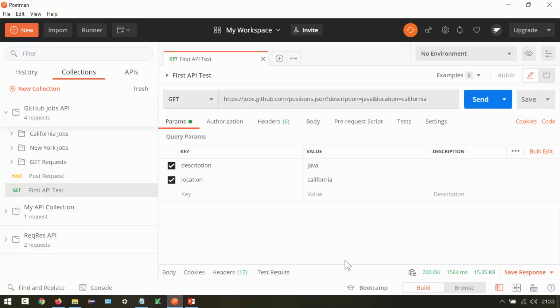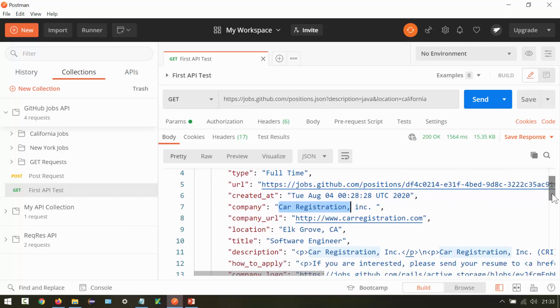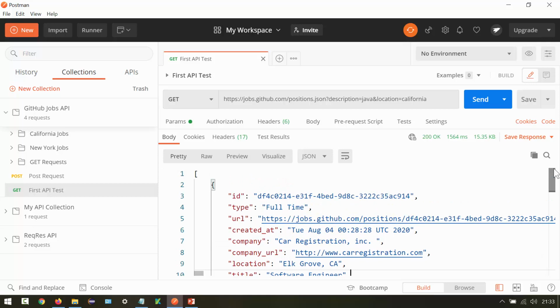Okay, request has been executed, and then in the body we can see the response. So we are getting the details. So this is the job ID, then full-time job, then this is the company, and you can see the title software engineer. Then let's look at how many IDs we got so that we can confirm on the job count. So I can copy this, just the ID part, and then I can search for that. So you can see we have got 3 IDs. That means there are 3 job postings. So we are happy with our response.